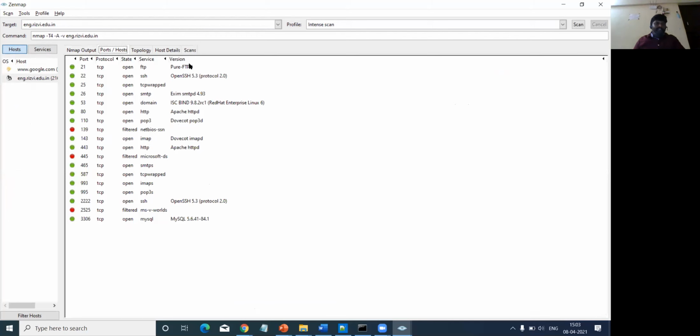Here you can find the complete information about the list of open ports and which apps and purposes they are associated with. So 21 is for FTP, 22 is for secure shell, 25 is for TCP wrapped, 26 is for SMTP protocol, 53 is for domain DNS, and 80 is assigned for HTTP,